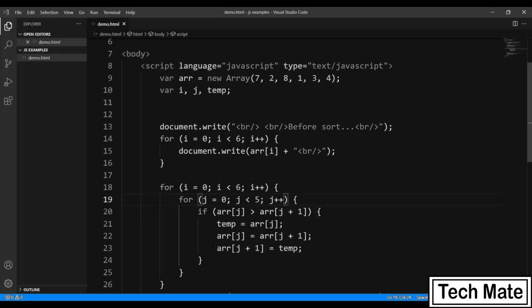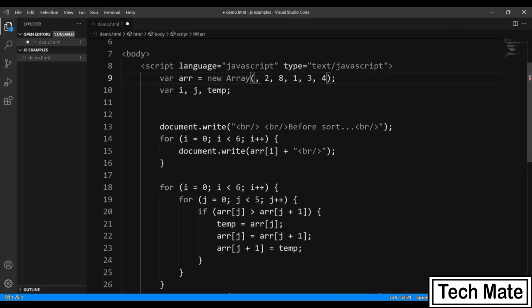so that 2 will come before the 7. Alright, that will not make it a complete sort, but of course the two values will be sorted because it is the ascending order, so any smaller value has to come before the greater value. So that is what I have done inside this. These 3 lines are simply swapping the values of the 0th and 1st index. So the value of the 1st index will be here in the 0th index, and the 7 which is at the 0th index will come to the 1st index.